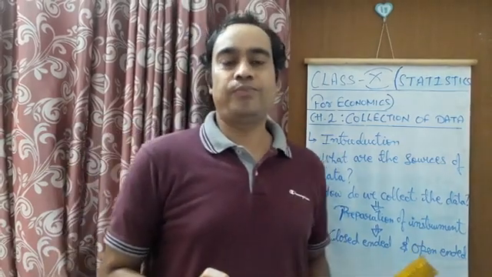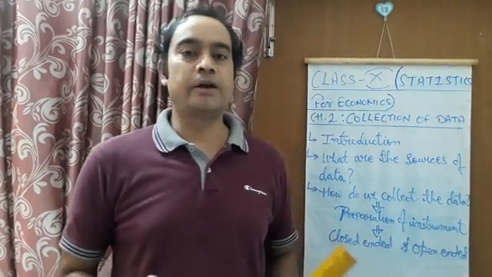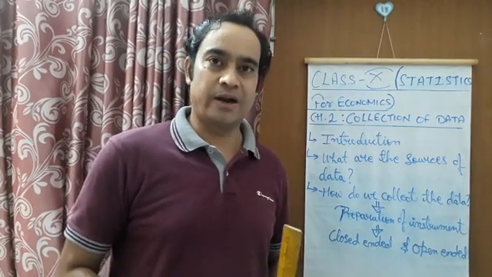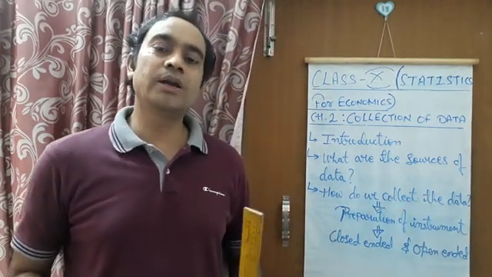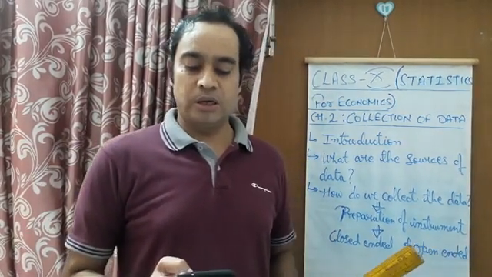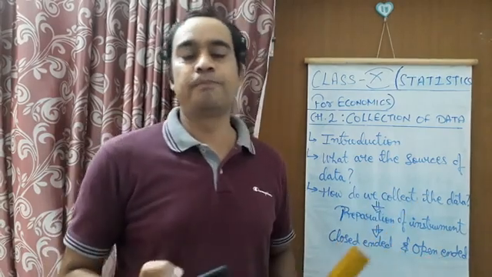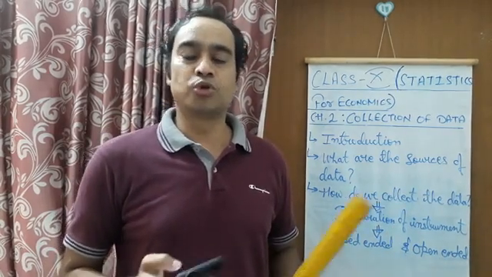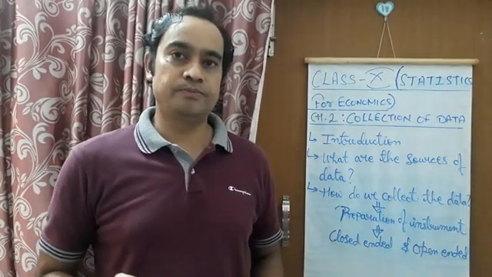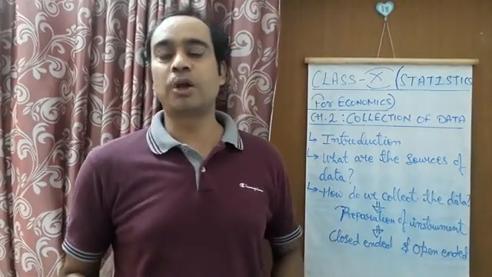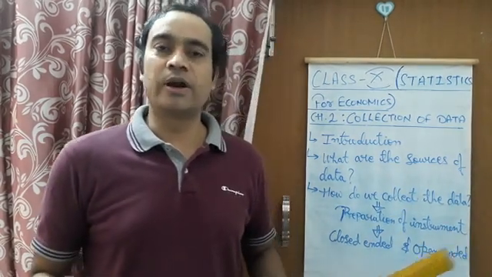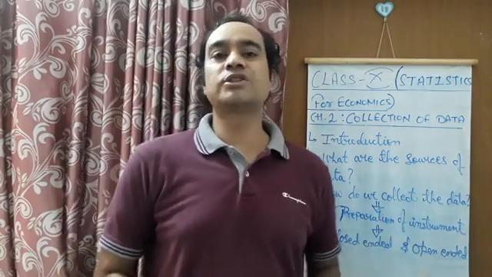On the other hand, we can also collect data from another source. The first source was first-hand data. Secondly, we can collect the data from any published source of data, which is already scrutinized and tabulated. This type of data we can get from any newspaper or magazine. It is already published. The first-hand data was